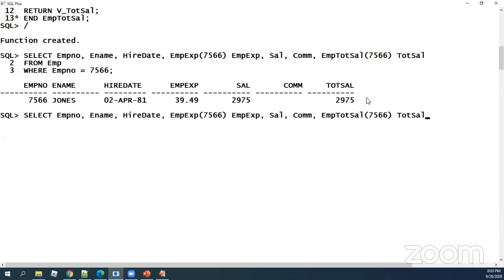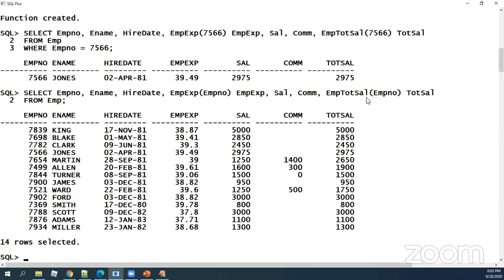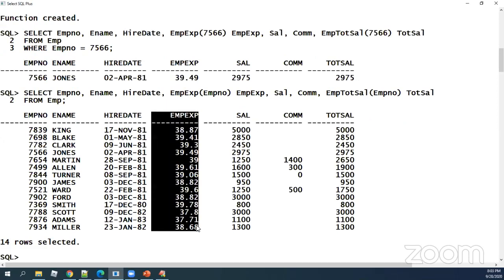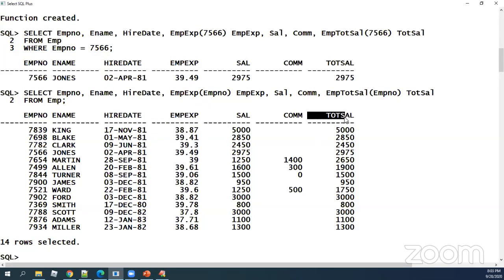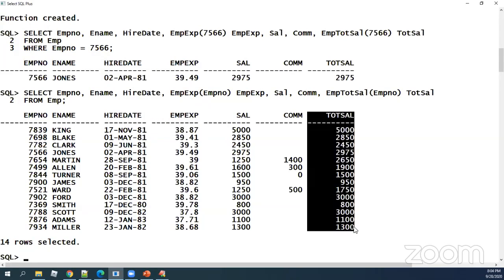Now I can just use the same thing by directly making it soft coded, by saying employee number with employee number, and I'm saying from EMP. So it's your criteria fundamentally trying to adapt the assistance of your PLSQL functions that you have created.